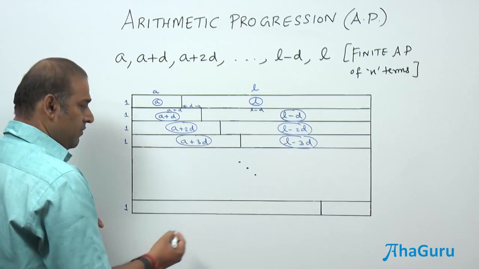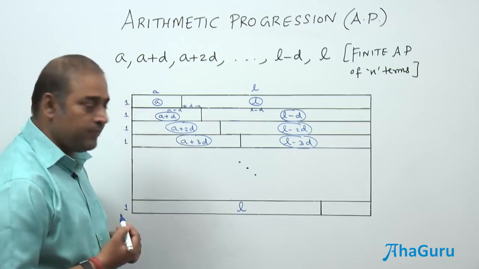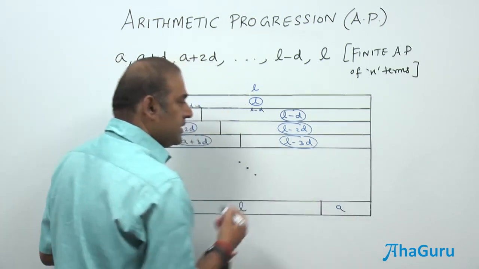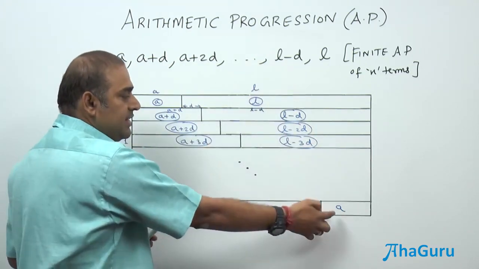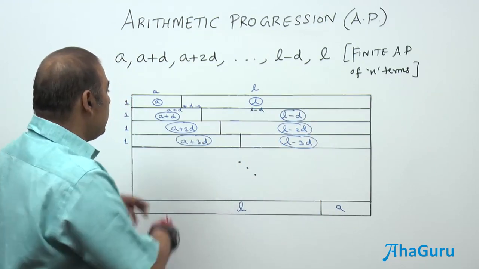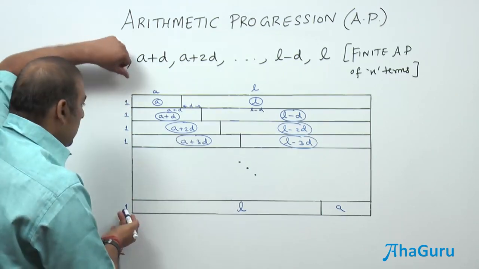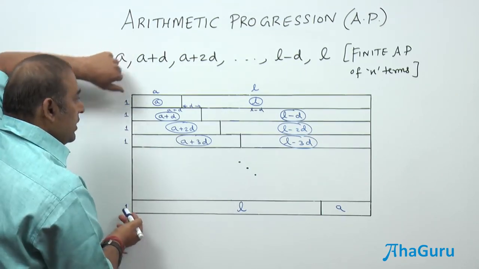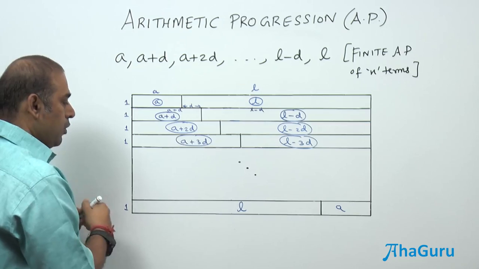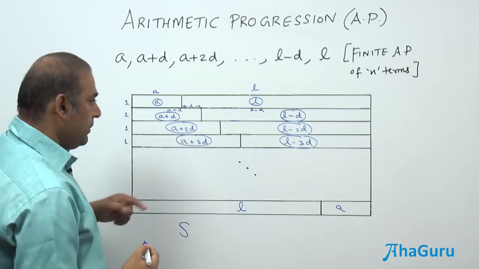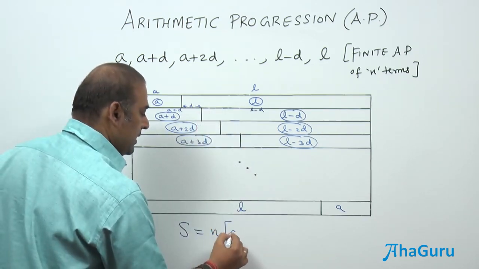And this is going to be the nth row, where this is the last term. So the last term is going to be L over here, and this becomes A, because when you increase by as many D's you reach L, and similarly L is diminished by D's and reaches A. So the entire rectangle is going to have a width of 1s. How many 1s make this? Because there are n terms in the finite AP, this is going to be the nth row. Therefore, the sum of all these areas is going to be n times A plus L.